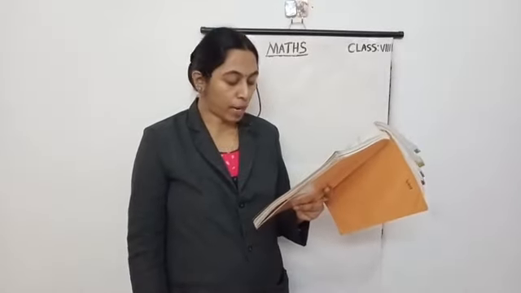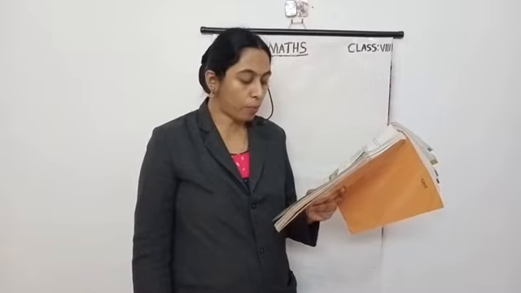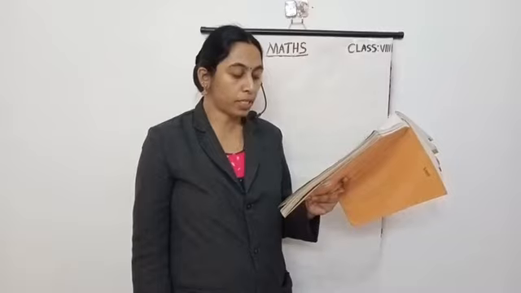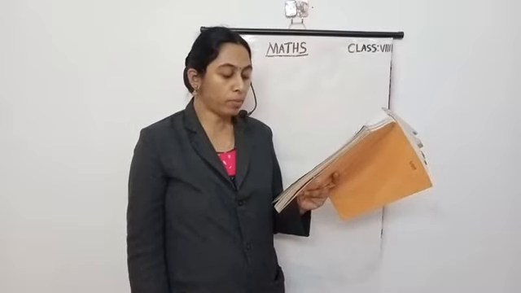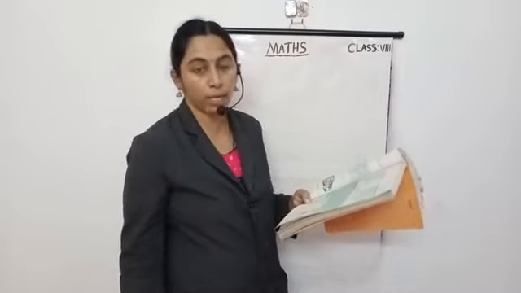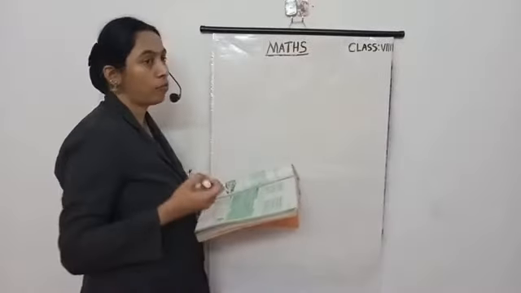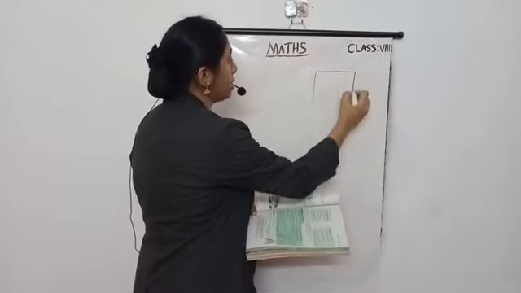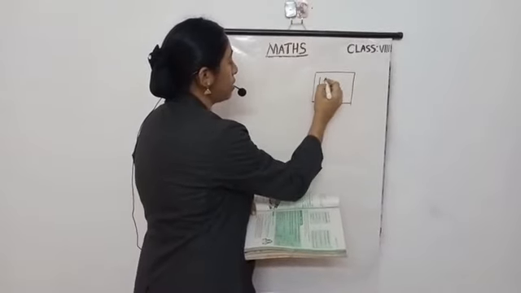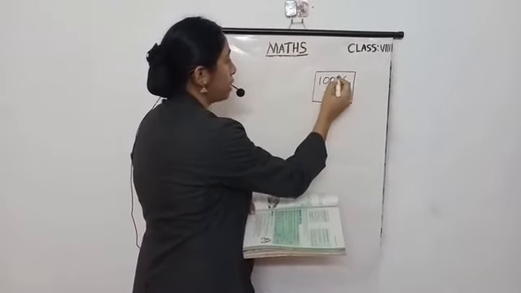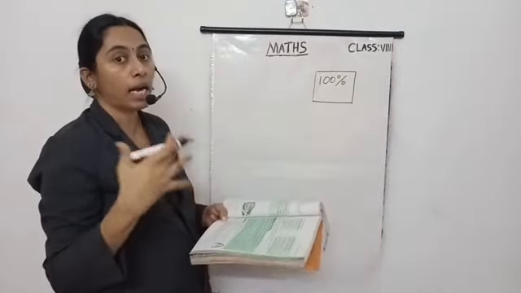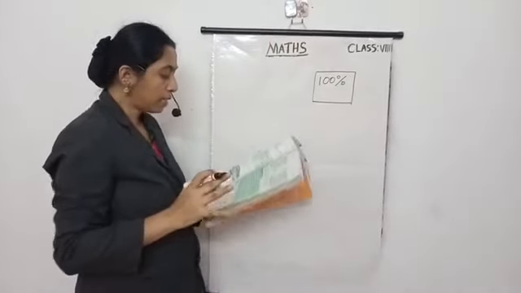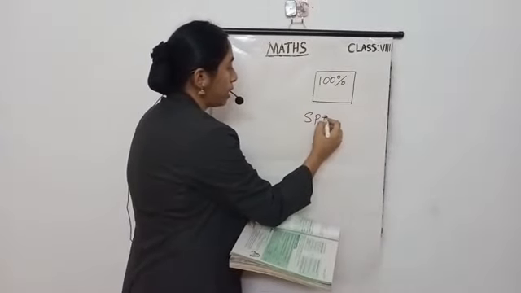Now question number 5. If Chameli had rupees 600 left after spending 75% of her money, how much did she have in the beginning? So Chameli went shopping. Okay. In her hand she has some money that we are going to write in percentage. In her hand, 100% money. That is the beginning money. Okay. She spent, how much did she spend?